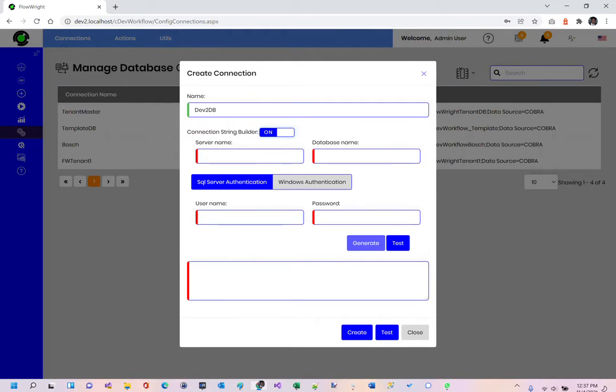So in my case, I'm on a test server. I'm going to go ahead and say I want to connect to my Cobra server. The database is going to be, let me call it CDEV workflow dev2. I'm going to provide my username. I'm going to connect as SA and also provide my password. And I can go ahead and click test here, and you can see the